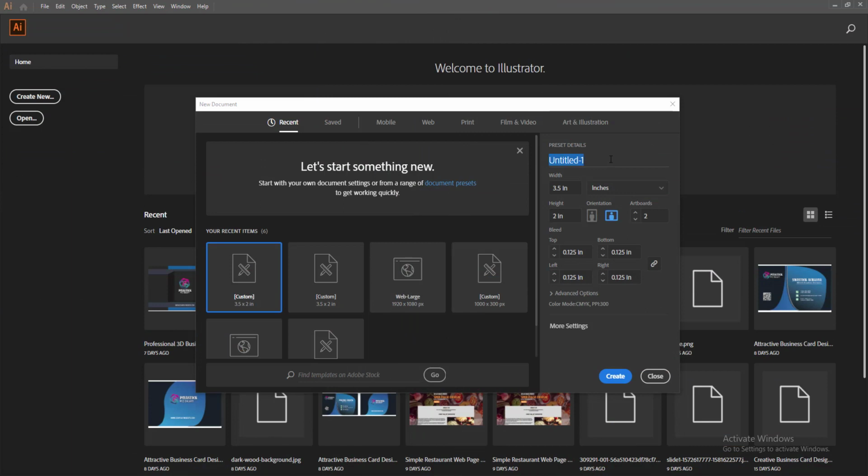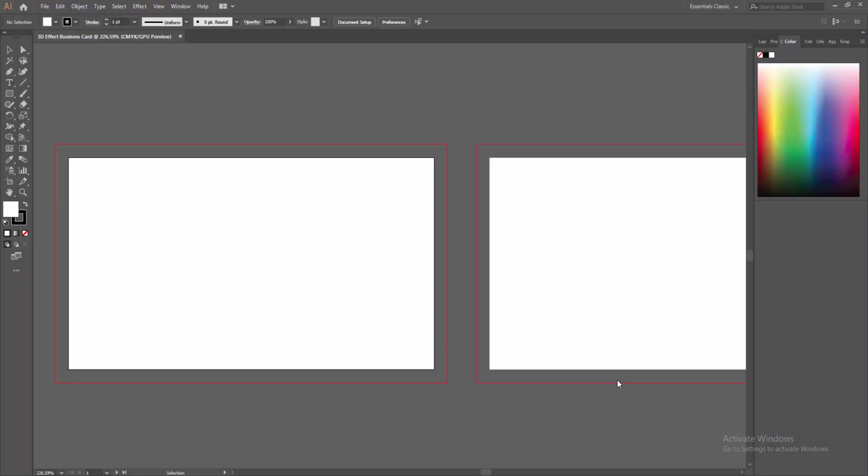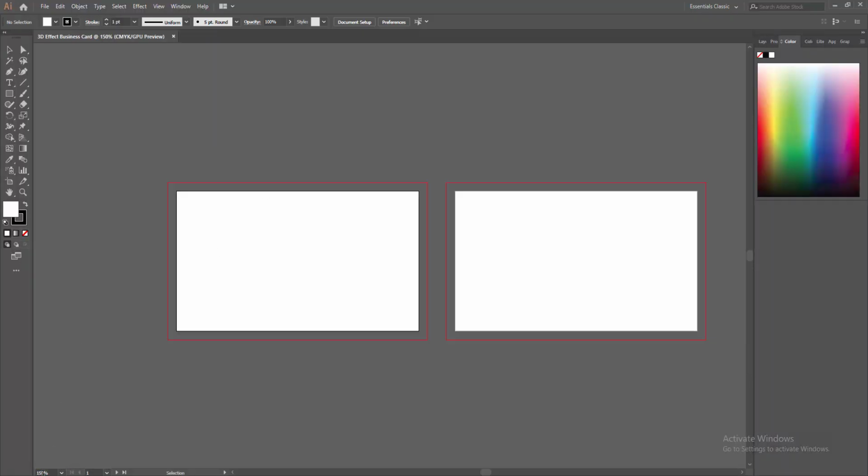Today I am going to show you another concept of business card designing in Adobe Illustrator with 3D effects. In this tutorial you can see and gain some knowledge about how you can design an easy 3D effect business card in Illustrator. If you have the basic ideas about Illustrator tools, then it will not be a complicated one